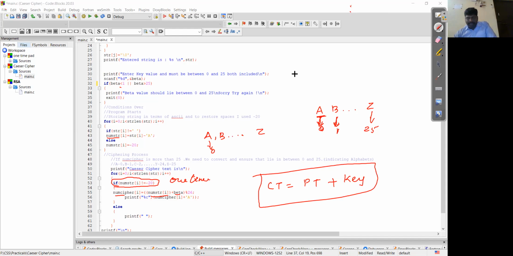If it is A, what is the ASCII value of A? Capital A. Anyone can unmute and tell what is the ASCII value for capital A? What is the ASCII value? Anybody knows? 65.